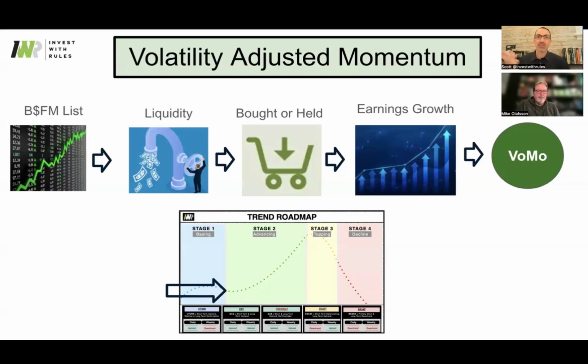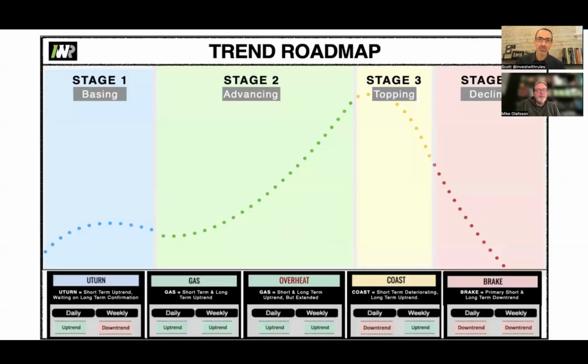And that's a GAS signal, a short-term and a long-term uptrend. As well, it's not innately overbought, meaning it's not gone up so much without you that you then buy it and it falls on your face. So we're looking for this. This is how the sausage is made. And very simply, we just made a teeny tiny tinker to the end of the funnel is what we've done.